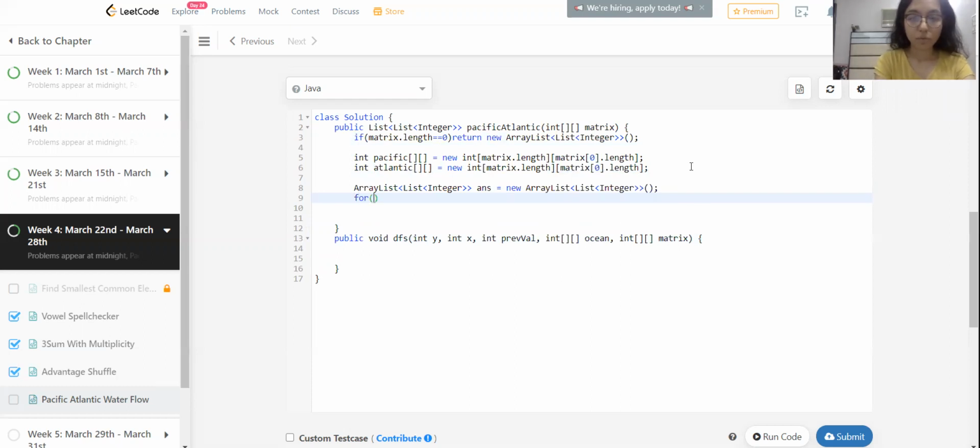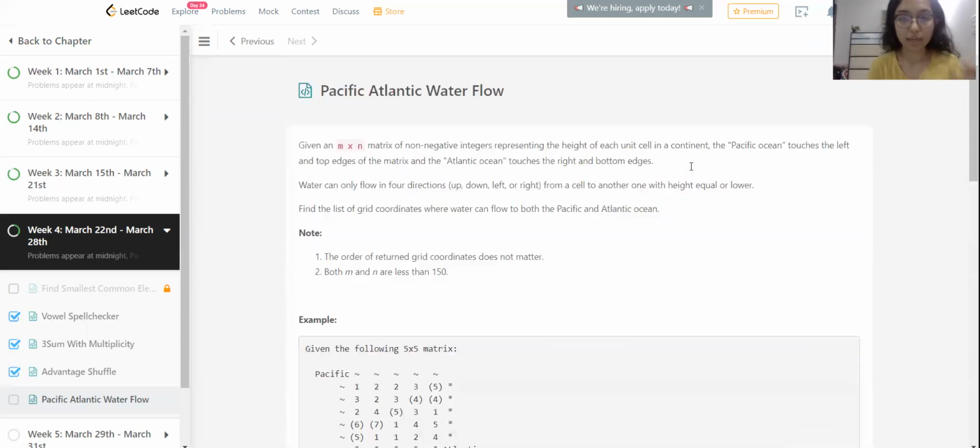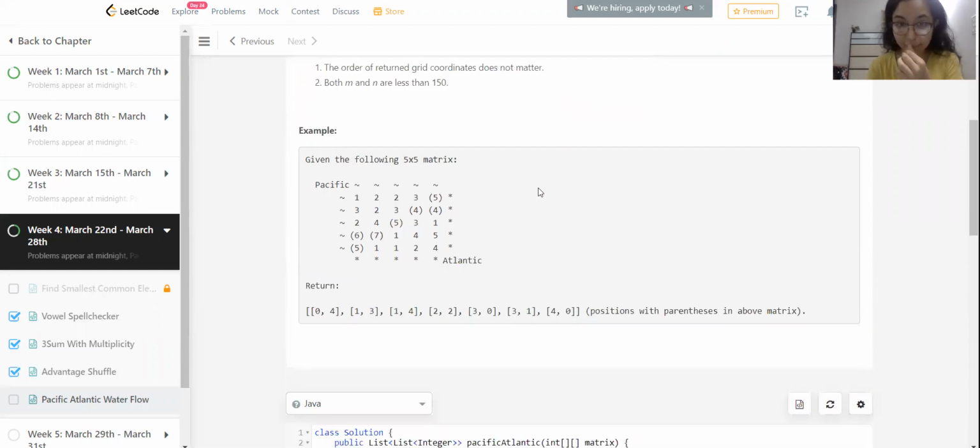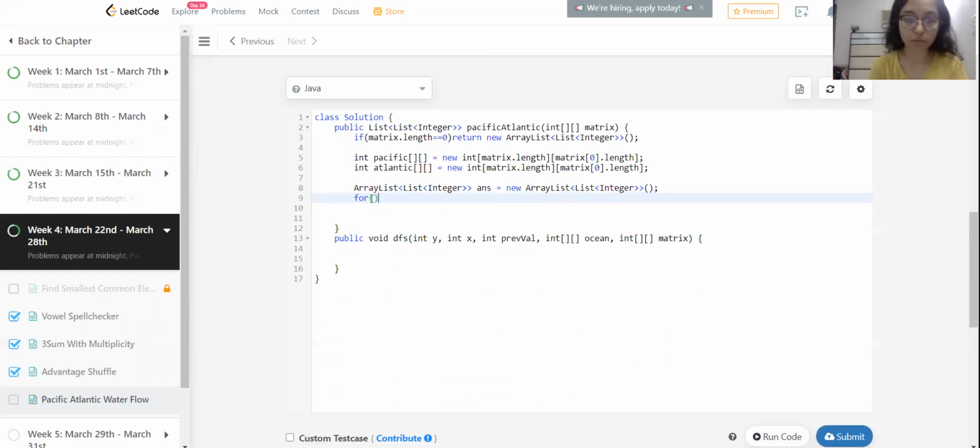We create a for loop to check the flow. As it is mentioned, the water can flow only upwards, downwards, left or right. It cannot move diagonally. So we'll check both of these things by creating two for loops. i is less than matrix dot length, i plus plus.